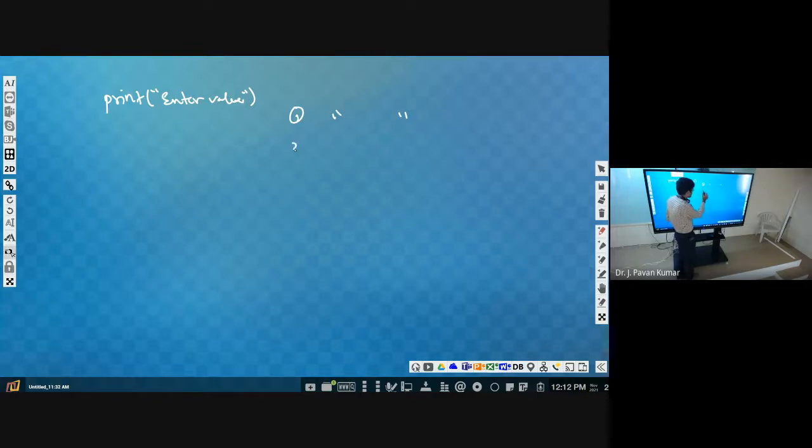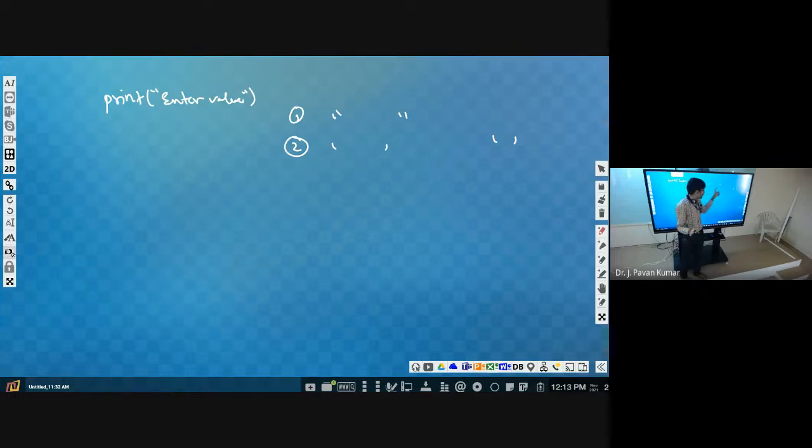Second one is we can use single quotes as well. But in general, single quotes we use for a character, while in Python we can use them for strings as well. But don't get into the habit of using single quotes for strings.